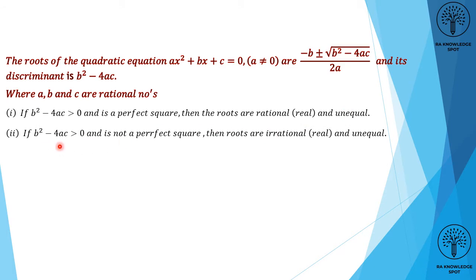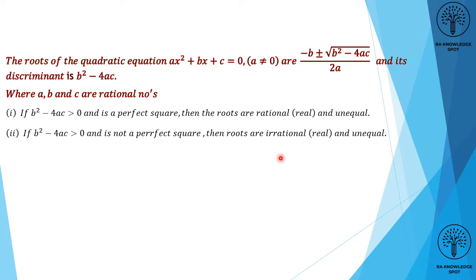Again, if b square minus 4ac, or you can say the discriminant, is positive, once again it's a positive number. Positive means not a negative value. It will be plus 5, 6, 7, 8, 49, 38, 68, this way. It should not be negative like minus 10, minus 11. Okay, if the discriminant is positive and is not a perfect square, like 68, 38, 35, and 35 and 68 are positive numbers, and also they are not perfect squares,